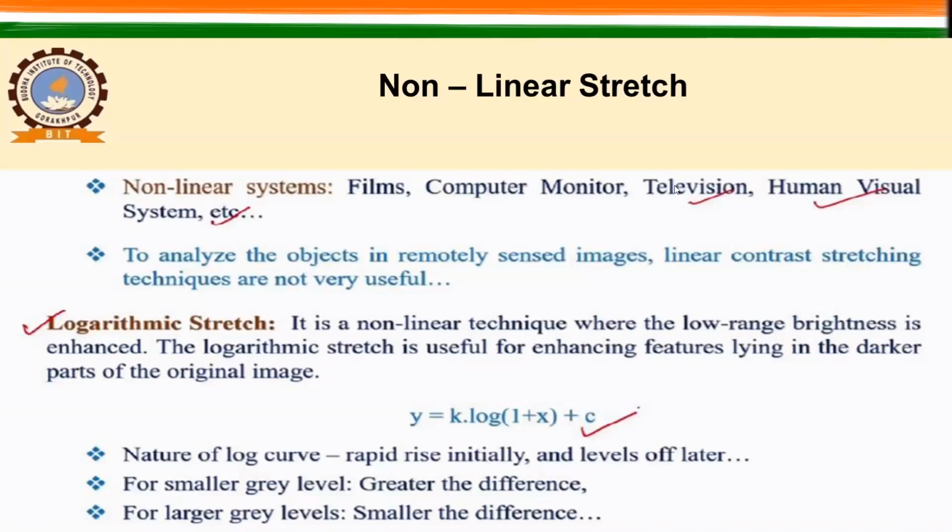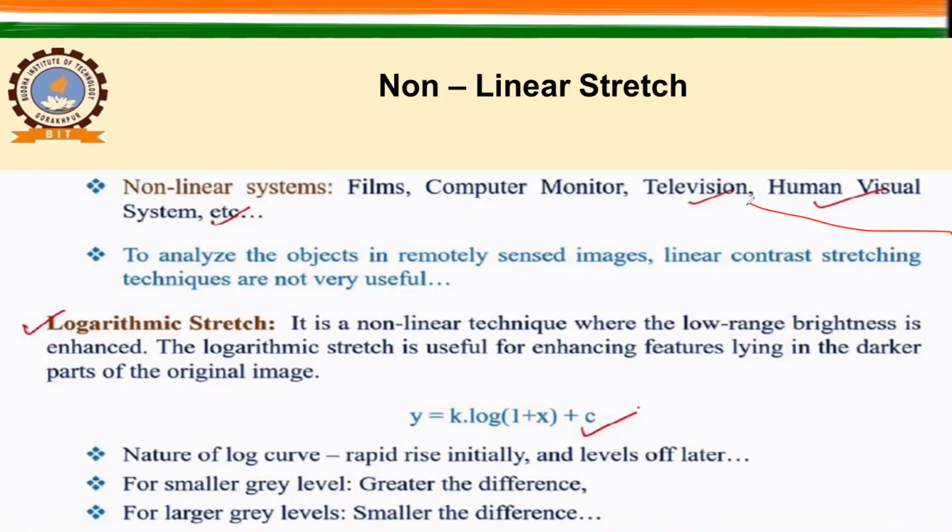These are very good examples of non-linear systems. So what will be examples of non-linear systems? Film, computer monitor, television, human visual system, etc. To analyze objects in a remotely sensed image, linear contrast stretching techniques are not very useful, for reasons we have already discussed. Then let us start the non-linear stretching. This is the first method, which is called the logarithmic stretch. It is a non-linear technique